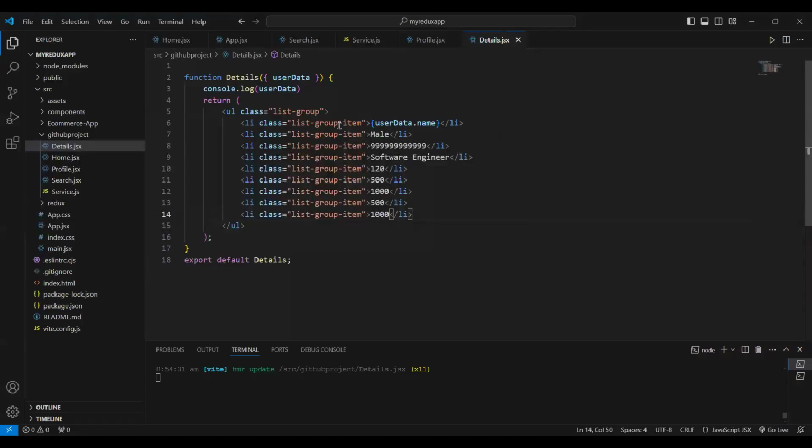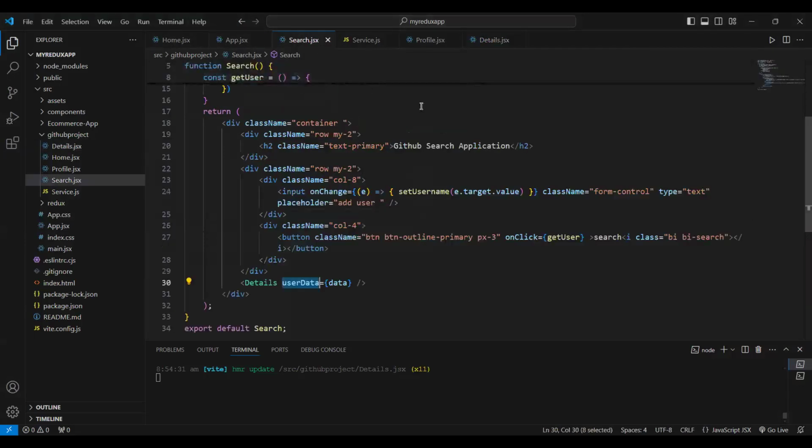Here I'm binding that props here, and here it is saying that user data dot name is undefined. Yes, sir, you're destructuring that user data. How are you passing that props? Yes, sir, I'm showing. Here I'm using the child component as a details component here, and